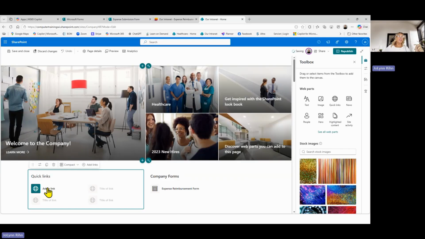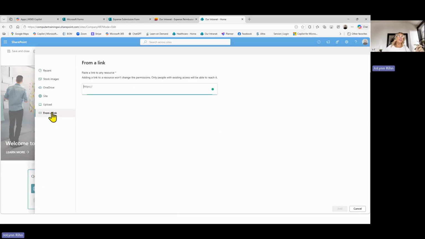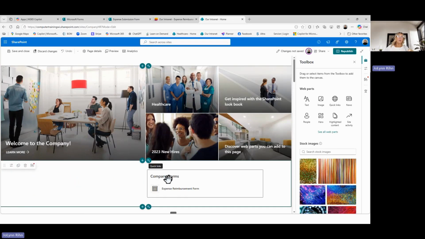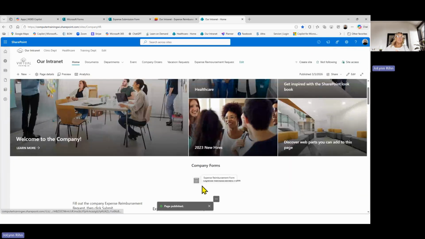So if I just drop this quick link, and then I come in and I can add a link, and I paste what I copied from the URL of my Microsoft list form. Now, I'm not really going to do that again because I already have this, but that's how I got this on the right-hand side. So let me delete this part, but that's what I did here. So this expense reimbursement form, that is that link. So if I go back out and republish this after I added my form link, I republish this,